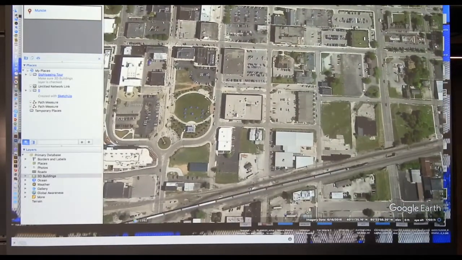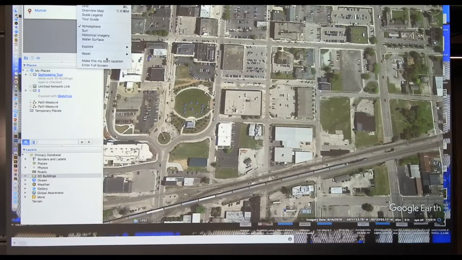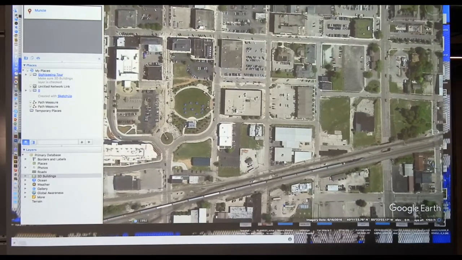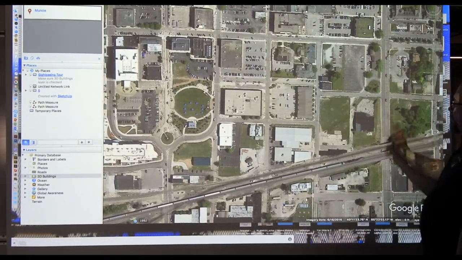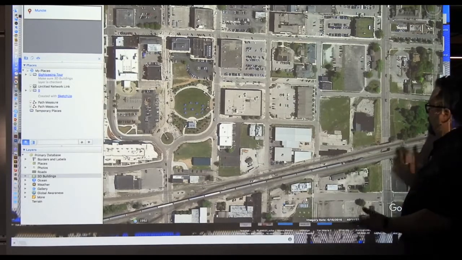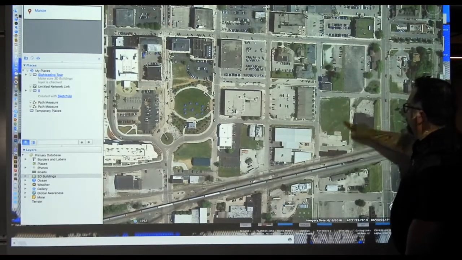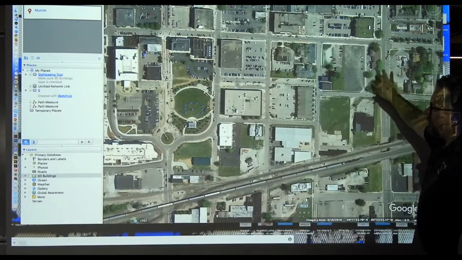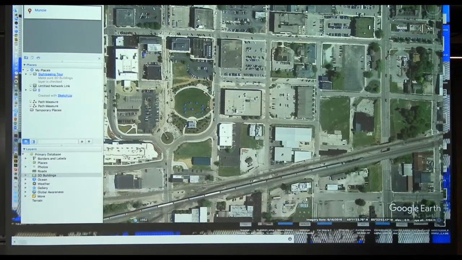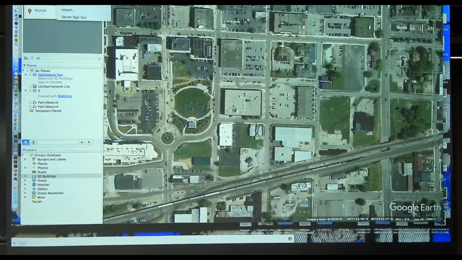Just want to zoom in to that portion of the site, and I got to reset. Got to keep resetting my tilt and compass so I get it just right. Muncie's grid is about 1 degree off, which is really annoying, but that's the way it is. See the rail spur? See what's left of that rail spur? It's kind of interesting. That does show up on Sanborn maps historically, so if you can see those on Sanborn maps. And then I go to File, Save